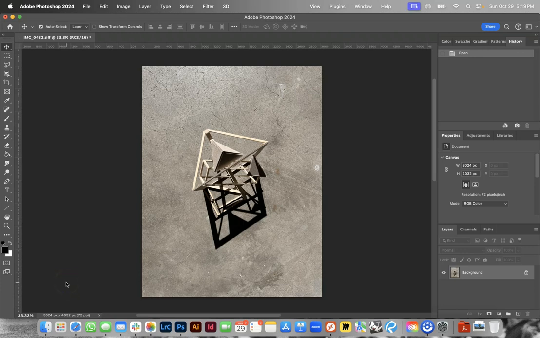Hello all, this is a process video walking through some steps of editing a model shot. This was taken with my iPhone last week, one of the models in our studio, and I wanted to just talk about some of the editing techniques you can use after taking model shots outside of the lab, but using Photoshop to get a little bit further along, get a little more